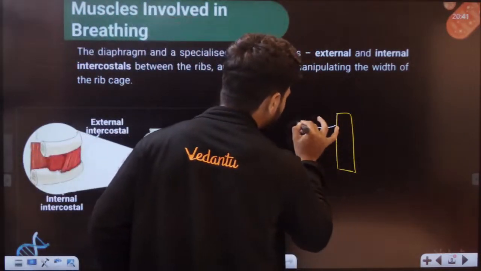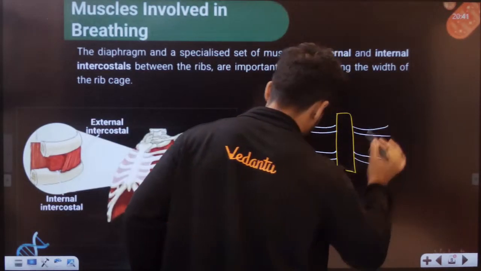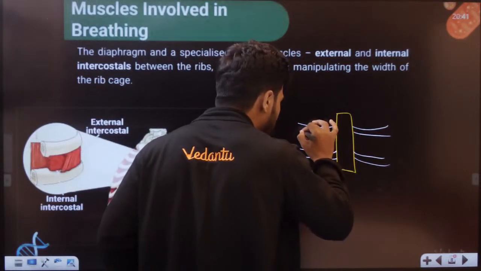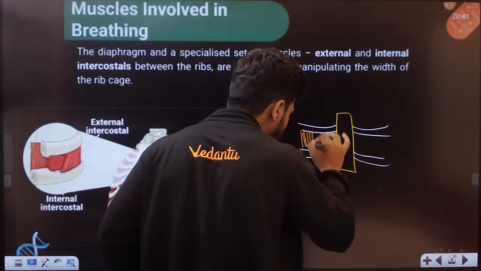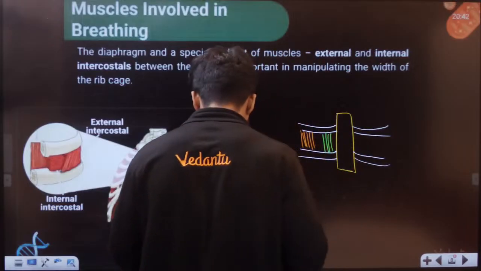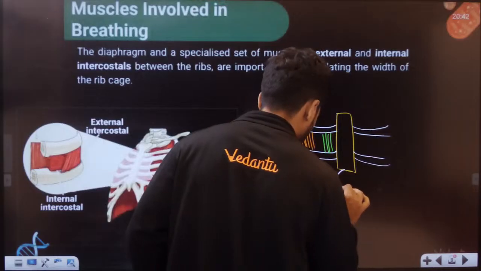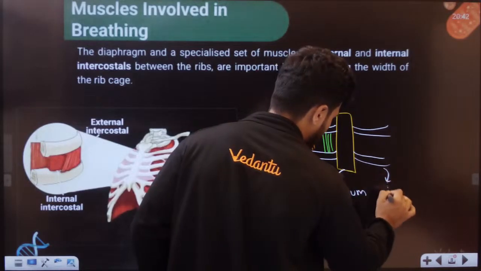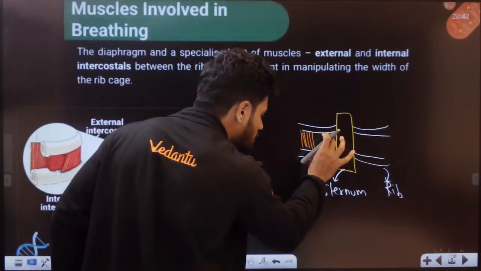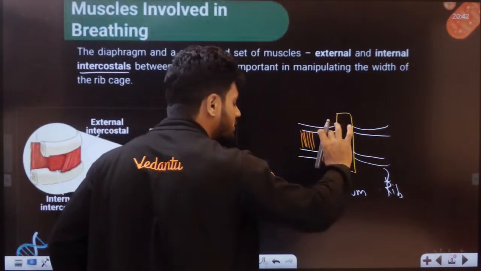Now, from this sternum, multiple ribs are moving out. Ribs are present here. Students, between two ribs, there can be certain muscles present like this. Muscles are present between the ribs. This is the sternum, these are the ribs, and these two are the muscles. This region is called the intercostal region. The middle part is called the intercostal region.